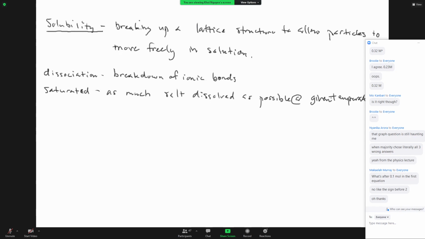We also need to know what supersaturated is. This is more salt dissolved than allowed at a given temperature. So when I think of supersaturated versus saturated molecules,